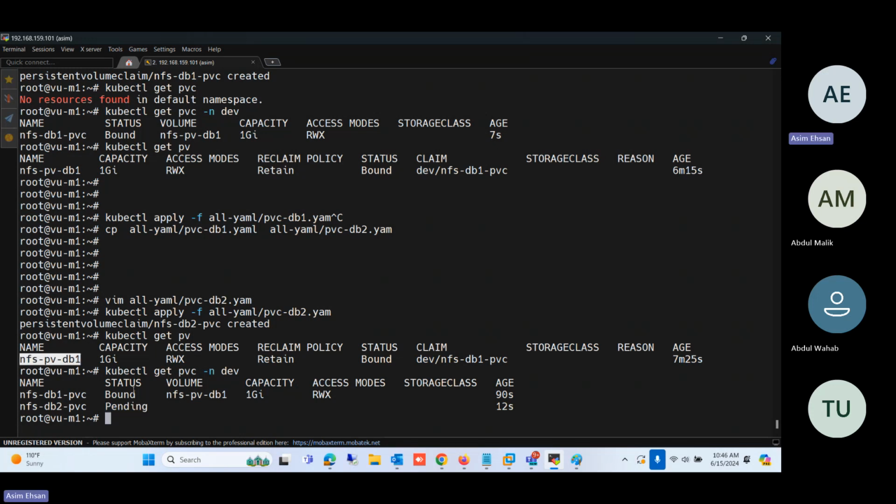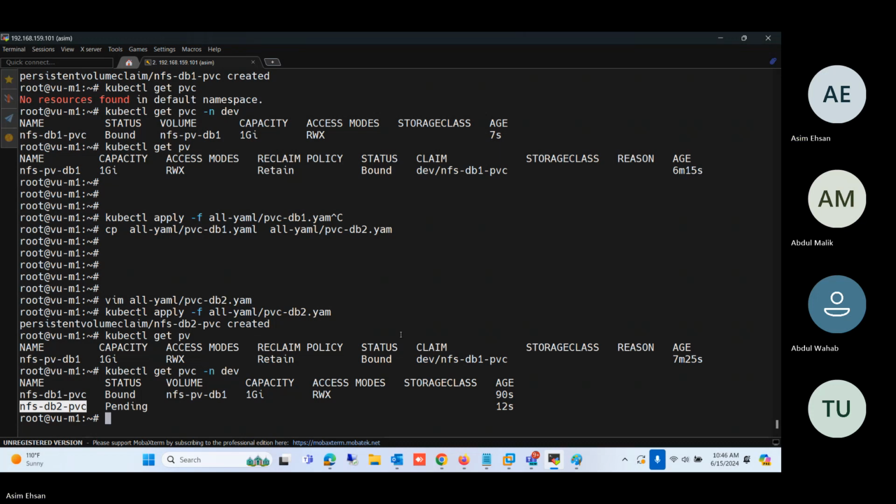Only one was available, and that was associated with the first one. So I need to create one more PV, and its storage size should be equal to 1 GB or more than 1 GB. If I create a persistent volume of 100 MB,